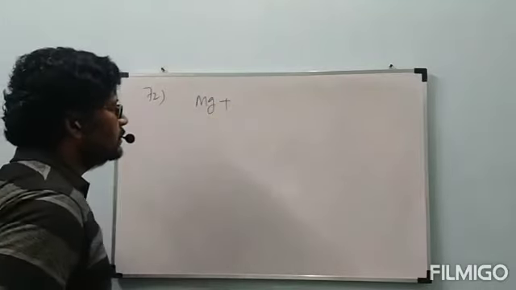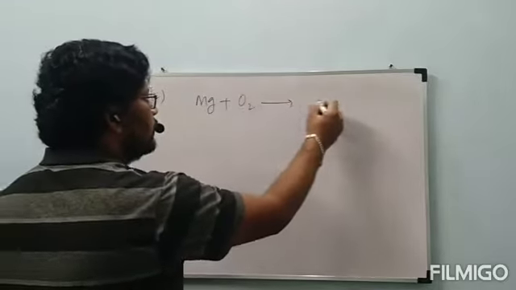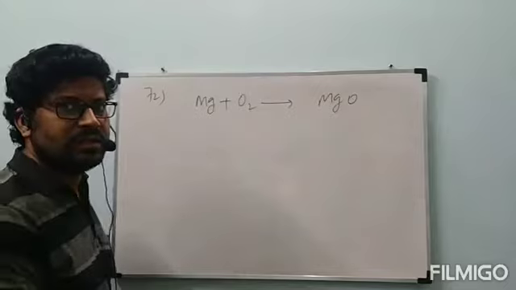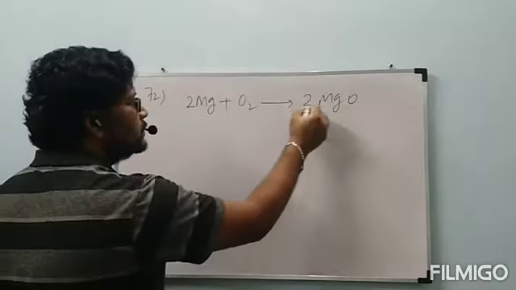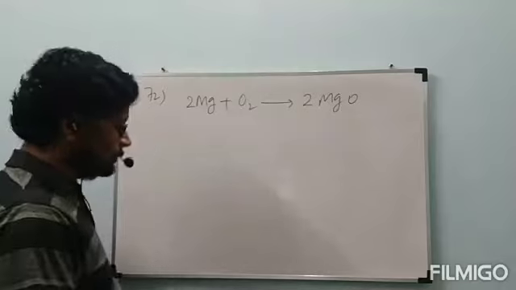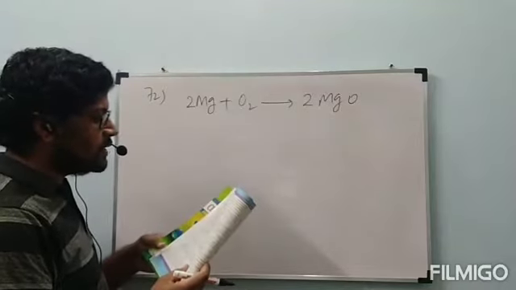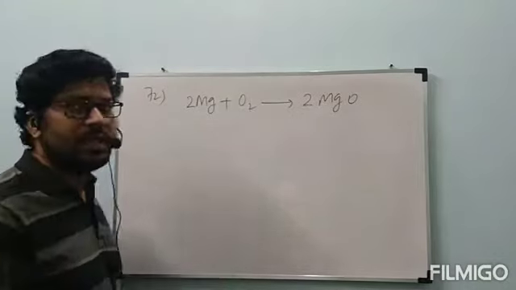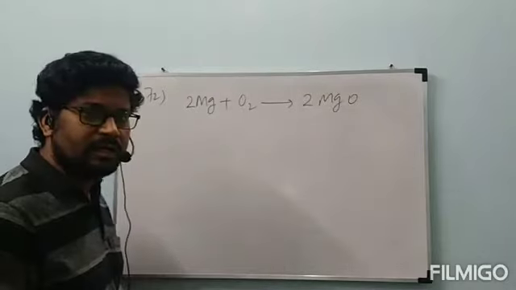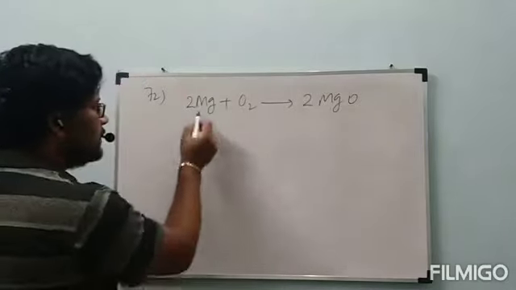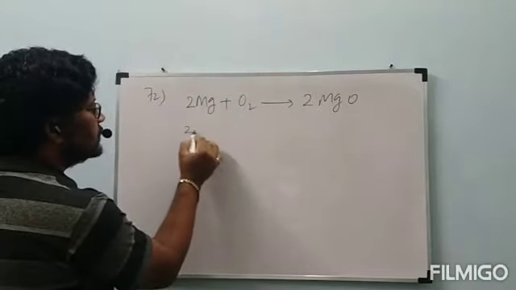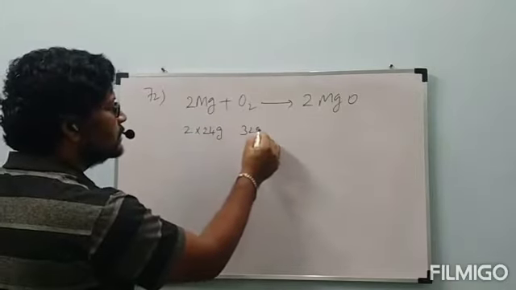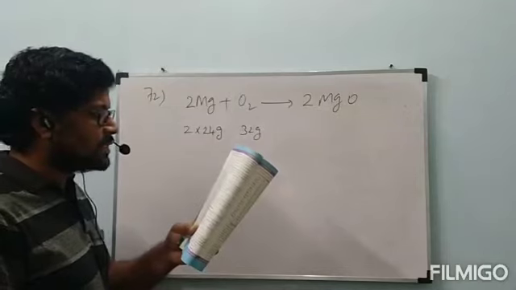Magnesium reacts with oxygen. We will get MgO, in which the balanced chemical equation is 2Mg plus O2 gives 2MgO. Now, 1 gram of magnesium is burnt in a vessel containing 0.5 grams of oxygen. First, we have to write according to the stoichiometric equation. What are the terms they related? Those are magnesium and oxygen. Magnesium is 2 into 24 grams, reacts with oxygen 32 grams, because they asked both in masses only.